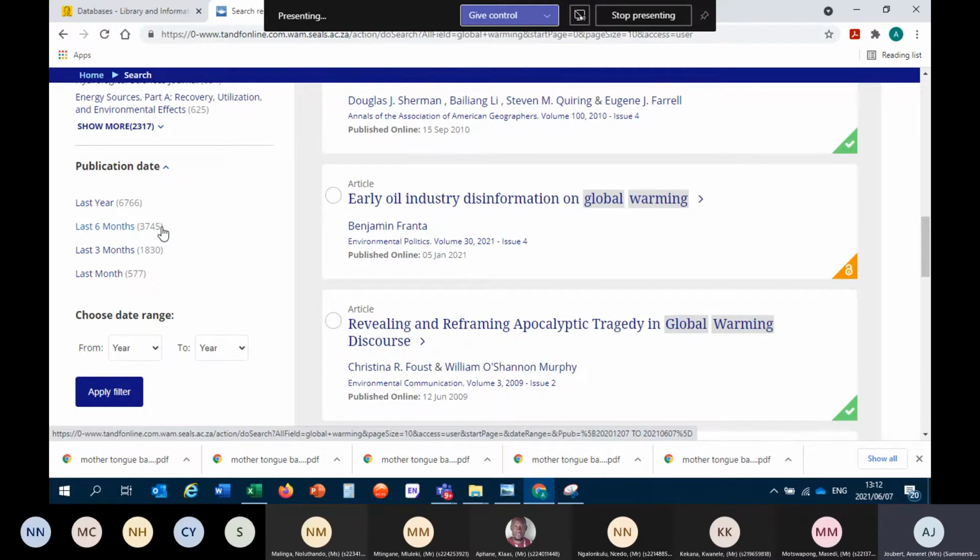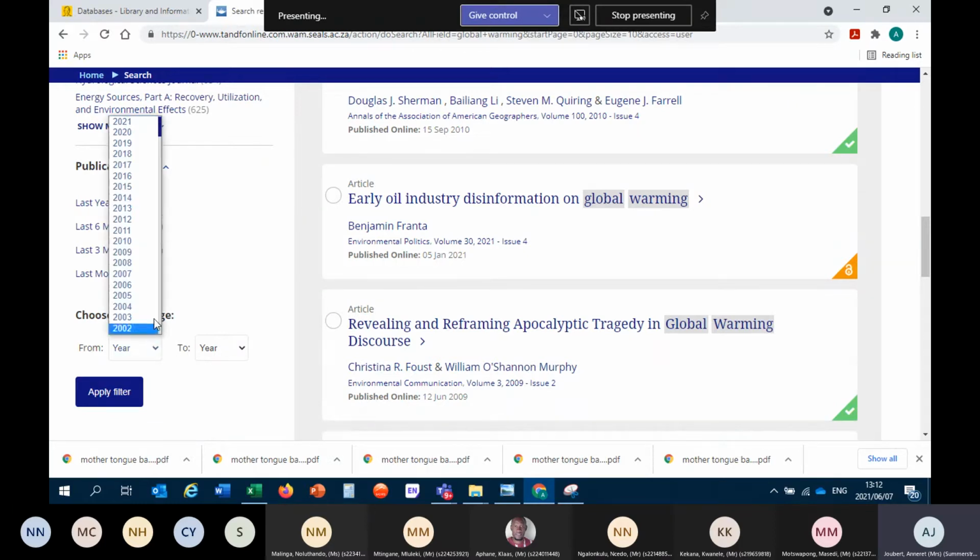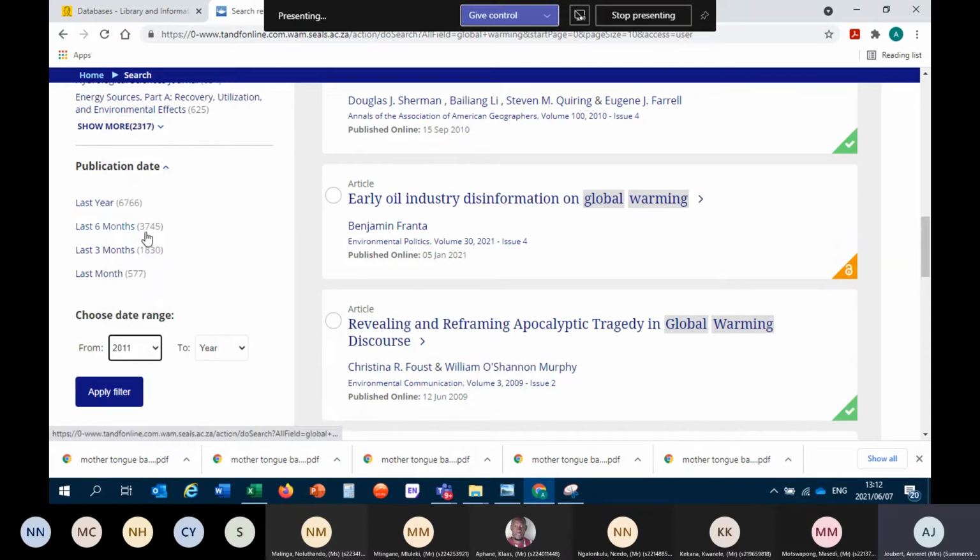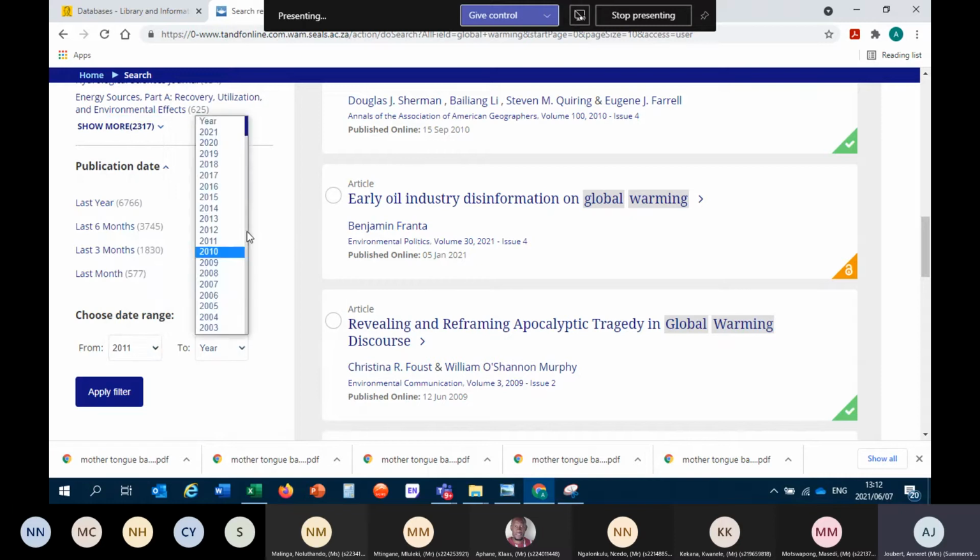It is always a good idea, although there's a 2021 article here, but look at this 2009, that might be a little bit too old. So I would say 2011 to 2021 is a good option to have that 10-year span, so that you don't have too old articles. Okay, and then you apply that filter